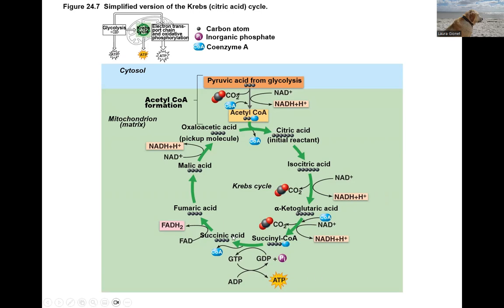From succinyl-CoA to succinic acid, we are doing a lot of rearranging and producing our ATP there. From succinate to fumarate or fumaric acid, that's where we produce our FADH2. From fumarate or fumaric acid to malic acid, we're just rearranging. And from malic acid to oxaloacetate, we're producing another NADH. All right, so you can see how now we restore our 4-carbon chain here, and we're ready to merge with